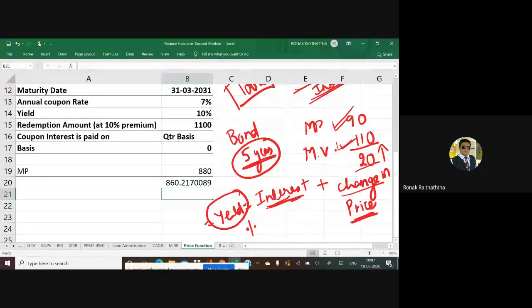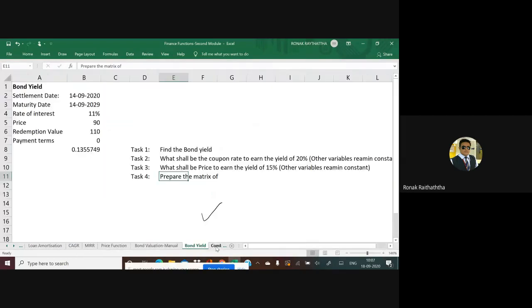So you are getting two types of return from it, and collectively in totality we call those returns the yield from the bond, and that can be found in the percentage, right? Okay, so I'm going to the bond yield. So this is my Excel file. Everyone should be writing this bond yield over there. You may please write this in your Excel file, and then I can move to the calculation aspect of it.